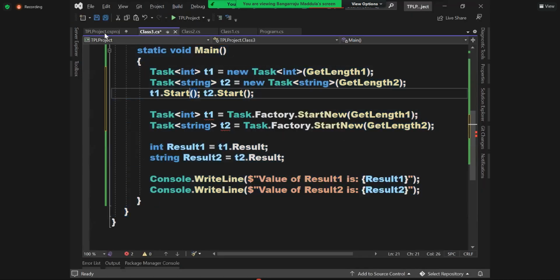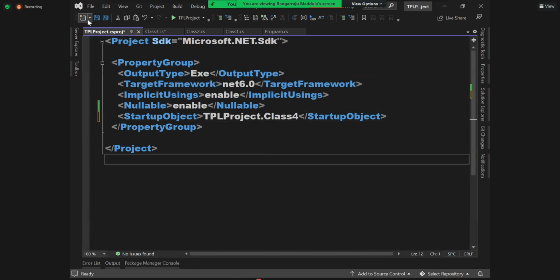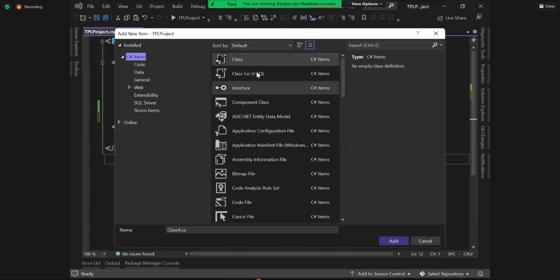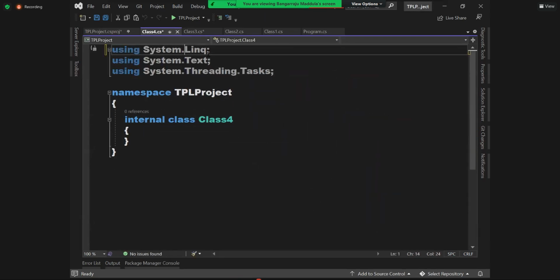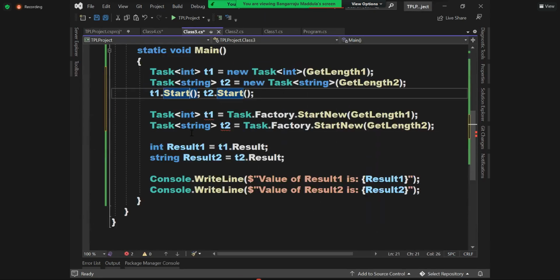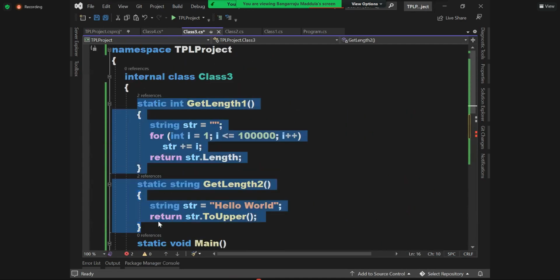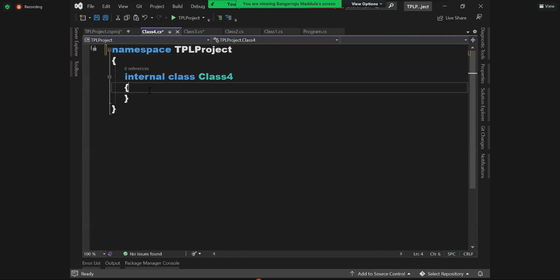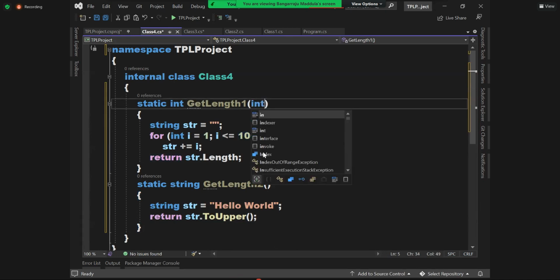Okay, just a minute here. Let's add a new class. The same two methods from the previous program, let me copy paste them. But what we'll do now is, here I've taken a static value, 1 lakh, right? Without that, let's go for adding int